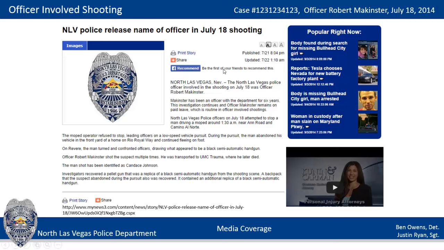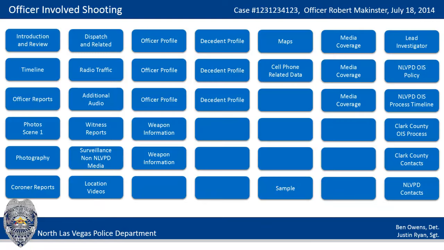This is an actual case from July 18 in North Las Vegas, and you see some of the information here. We like to add chunks of information from the media, from the public, into an OIS so we can provide some context for this later on, so we have space in here for this. We can step out of this and take a look at some of the other information: witness reports, audio reports,